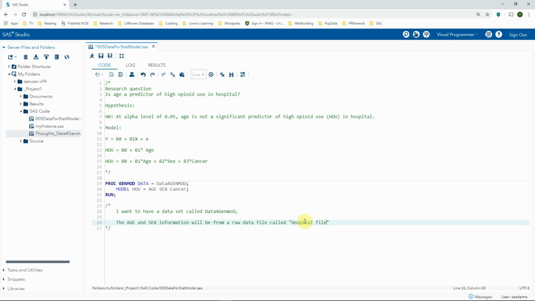So imagine that you're going to have a hospital file. That file contains all the patients admitted into a hospital, right? And in that file, there are some columns indicating the patient's sex, and hopefully there is a column for patient age or the birth information, right? So it is from the hospital file. Whereas the cancer condition will also be determined. This time we're almost pretty sure that there is no column in the hospital file called cancer, right? So it will be determined by some information from the hospital file, as well as